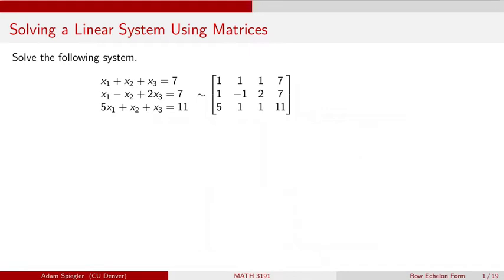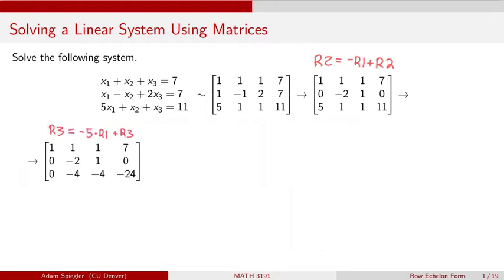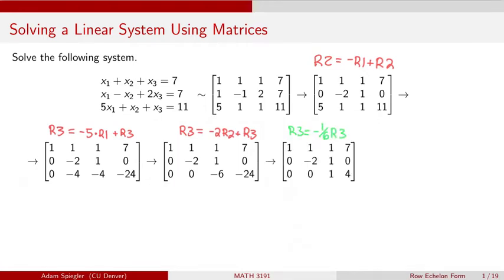So we can, for example, first do a replacement on row 2, then we can do a replacement on row 3, and essentially what we're doing here is applying the elimination method to a system of linear equations. And then we do another replacement, and at this point we now have row 3 in a very nice form. So if I rescale row 3, I multiply every entry in row 3 by minus 1/6, then I can see